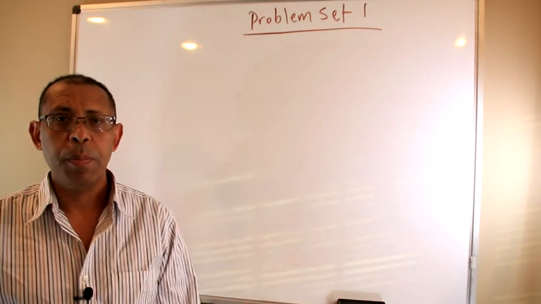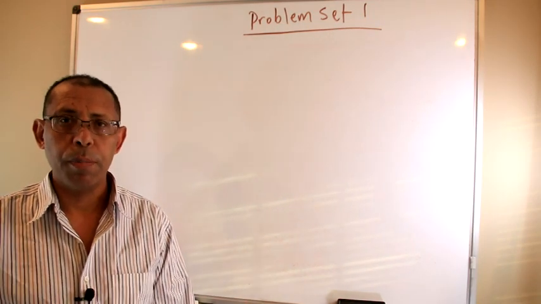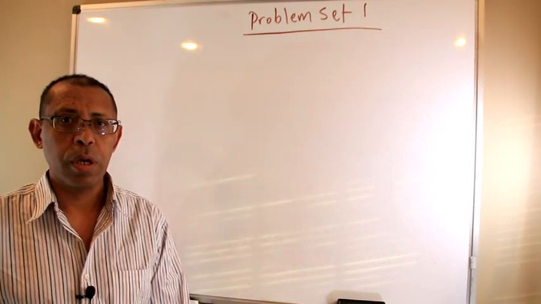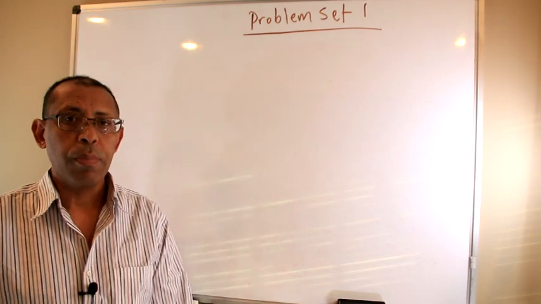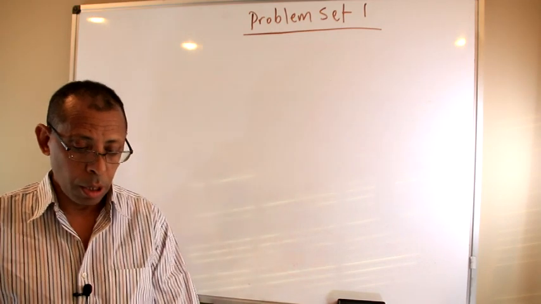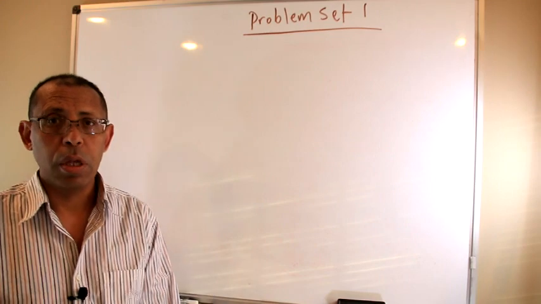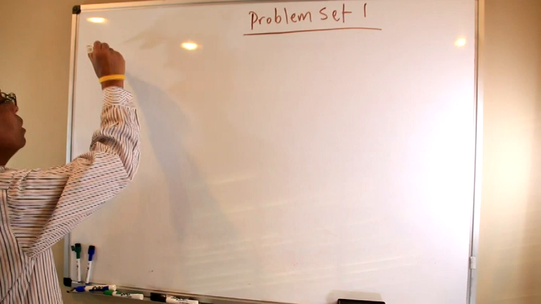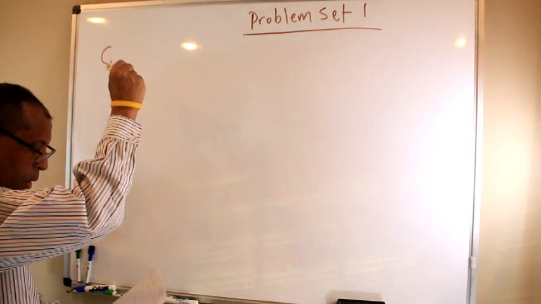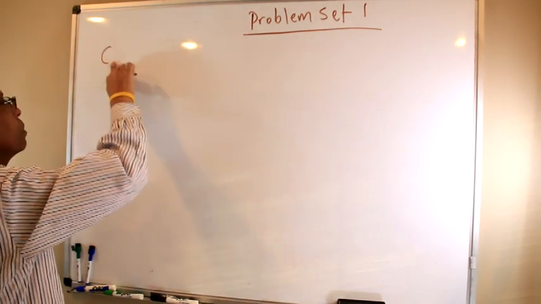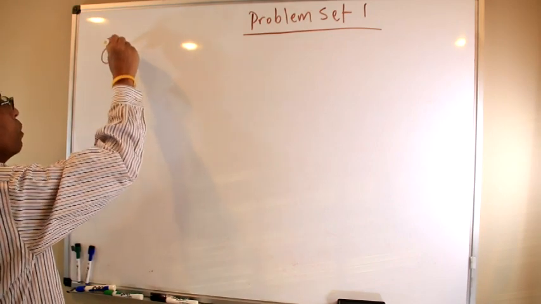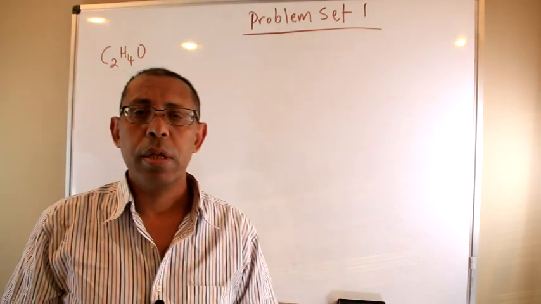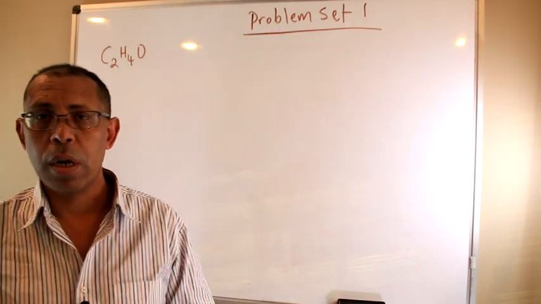Hi everyone. In this session we'll see some problems that are related to the introductory section of my lectures in previous lectures. So let's start by just trying to do some loose structures. If you are given a C2H4O structure or formula, you're required to write some loose structures. So the loose structures can be